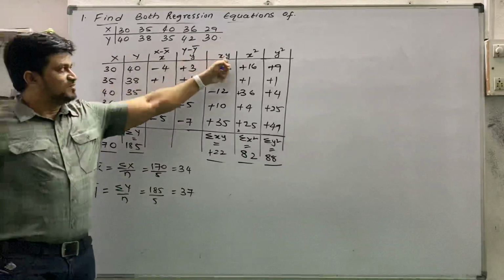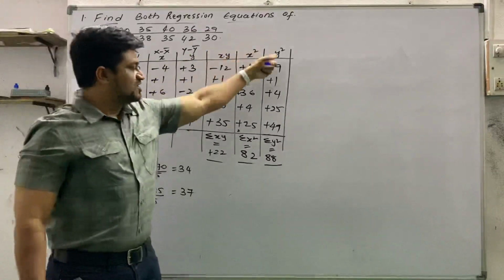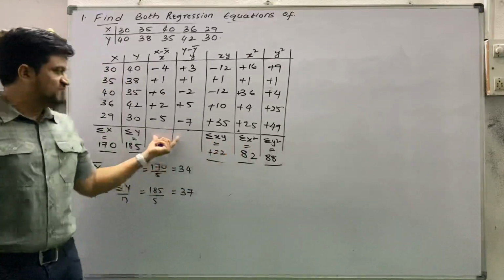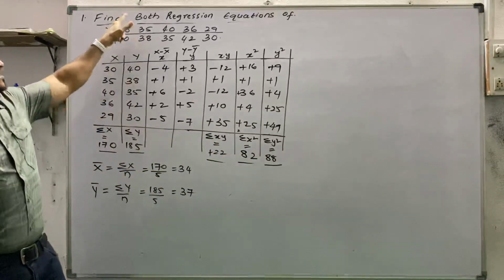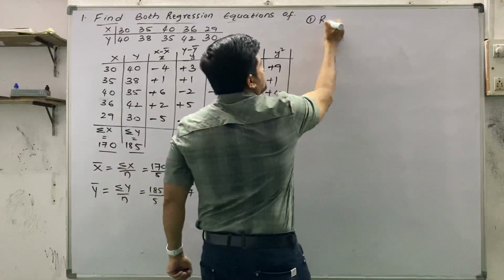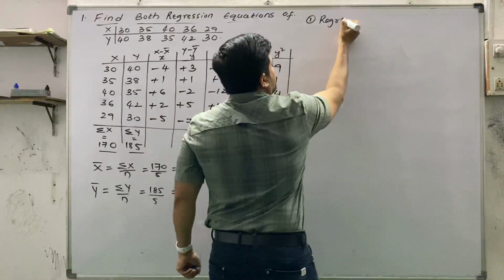Now, small x, small y, multiplied xy, x square, y square, then summation of these three values. Why have we considered the total of these three? Why are we not considering this one? Because we are finding both regression equations. So first, the regression equation